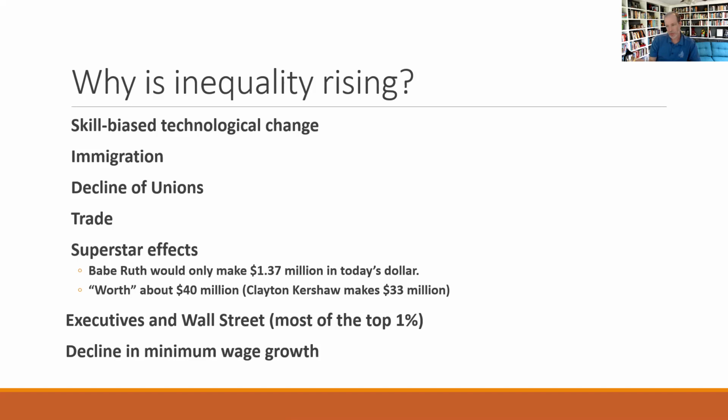And then the minimum wage is way at the bottom here. The minimum wage is not indexed to inflation, and so the actual worth of minimum wage has gone down over time. I think if we pick the minimum wage in the 60s and index it to inflation, it might actually be like $14 or $15 an hour today. But it's $7.25.